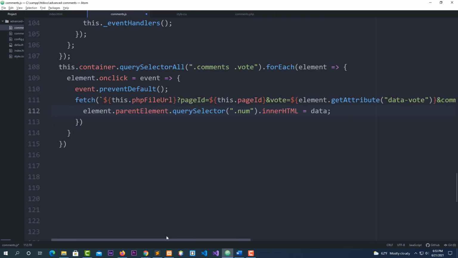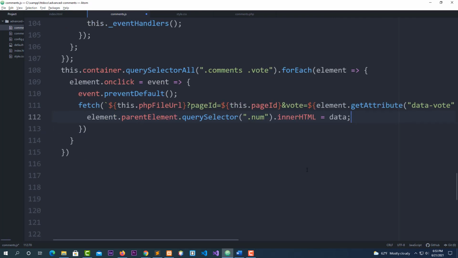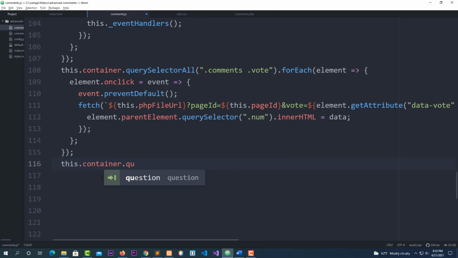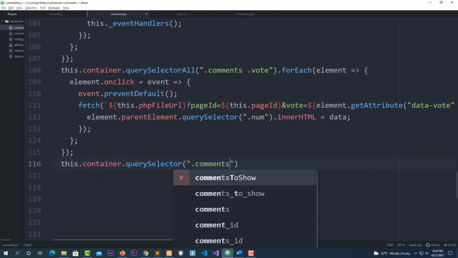Okay, go here. Now I want you to put a semicolon here, a semicolon here, a semicolon here, a semicolon here, and go next after the last one, put this dot container dot querySelector, okay, parenthesis double quote, dot comment